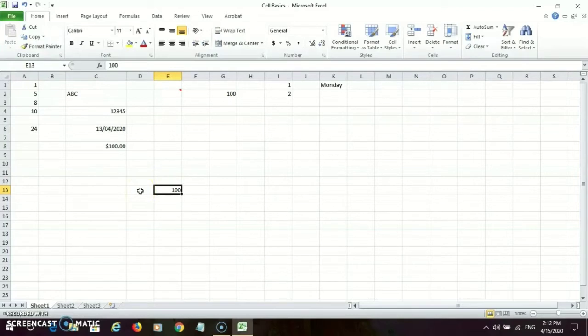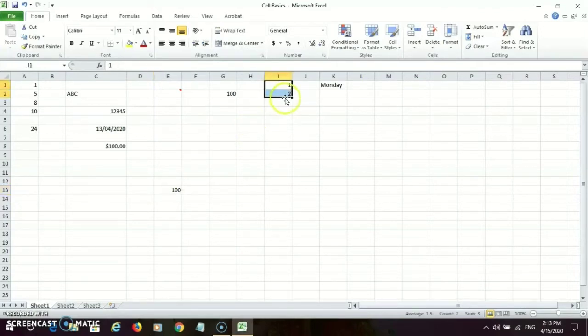So my contents got cut and pasted in the cell E13. Now the shortcut key for paste is Ctrl V and for cut is Ctrl X. That means if you want to cut and paste something, you have to first press Ctrl X and then press Ctrl V.